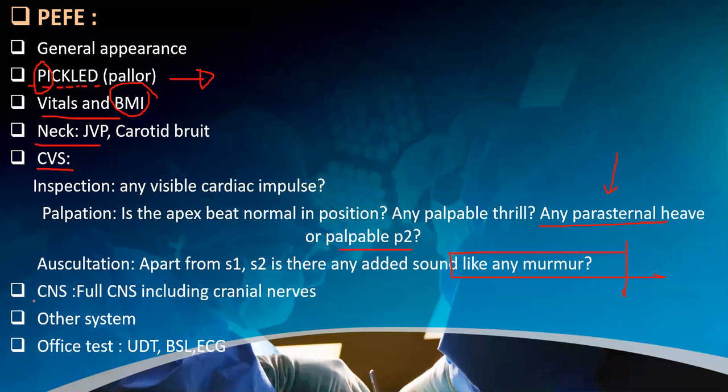So the next important one is CNS. So doctor, I would also like to do a full central nervous system examination, including the cranial nerves. If they ask, what do you mean by that? Or what do you want to know? Then just say